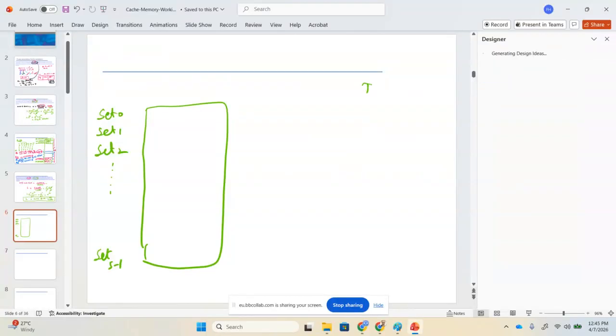The total number of sets is S. And how many lines are there in a set? There are A lines, so there are A ways. We can call them A's, ways, or lines. So there are A ways or lines in a set. So each set consists of lines A0, A1,